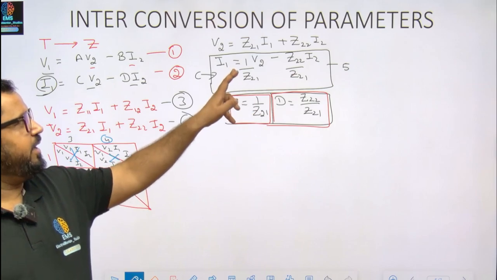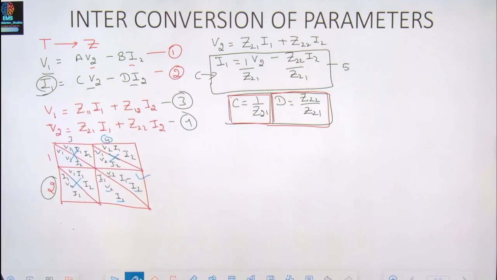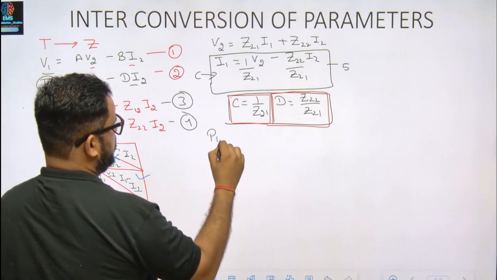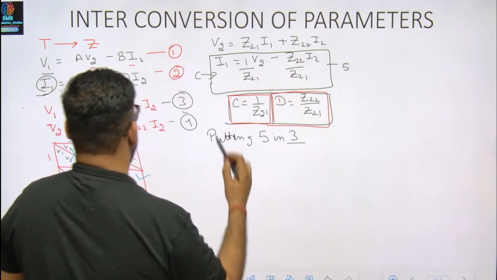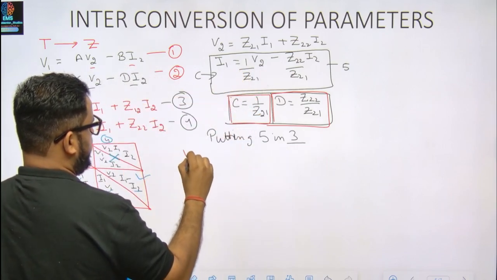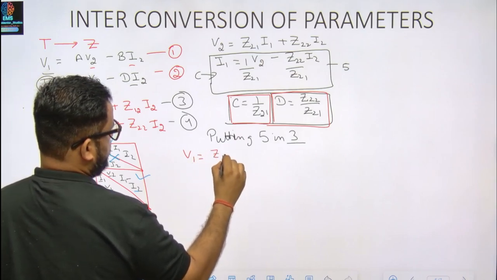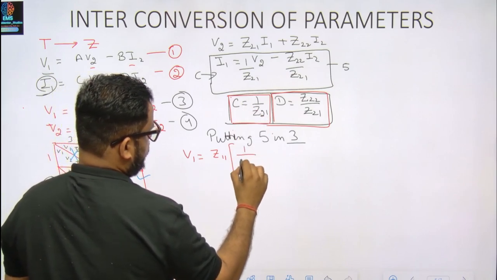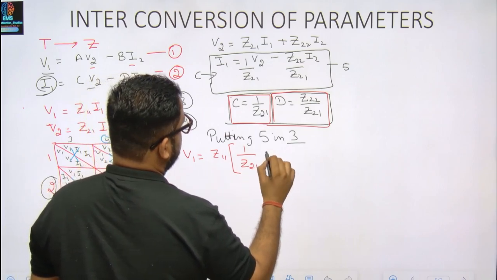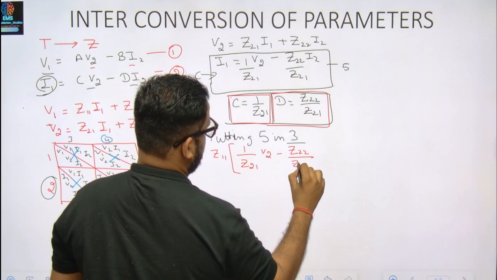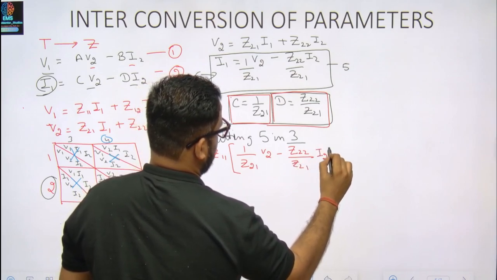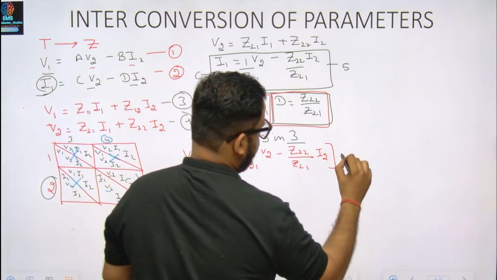Now अब आपको C और D मिल गया, I1 की इक्वेशन मिल गई। अब आपको निकालना है V1, तो whatever you have used 2 and 4। Now if I put this I1 in terms in equation number 3, so putting 5 in 3 will yield me V1 to Z11 by Z21 V2 minus Z22 by Z21 I2 plus